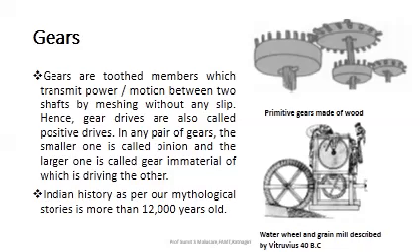Now we start with the gears. So what do you mean by gears? Gears are nothing but two rolling discs which are rolled about each other. If we convert this rolling disc into a tooth wheel, that is called a gear. As per Indian history and mythological stories, gears were used about 12,000 years ago, as shown in the figure. That is a primitive gear made up of wood, and now it has shifted to machine tooth gears.